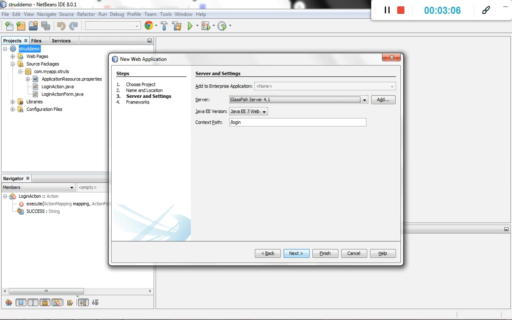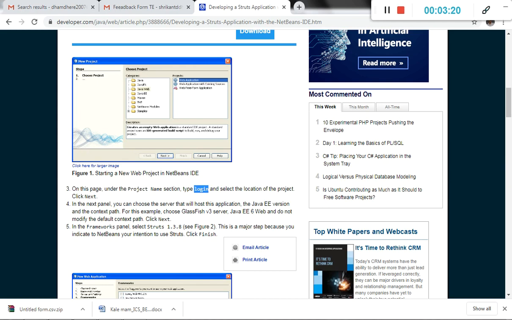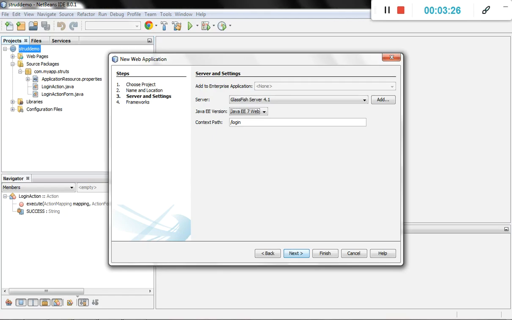Now we want to select the server as GlassFish server and Java EE 6 web, right? That is Java EE 6 web, and then click on next.